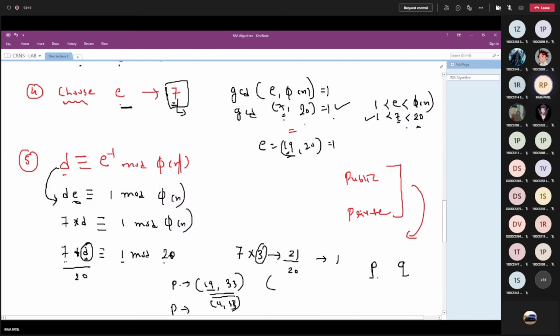But then again, see, we are working with very small numbers. This 11, 19, 17, we are working with very small numbers. So as I told you, once you choose large ones, your attempts are obviously going to increase. Ma'am, can you just give an example using large P and Q? Yes, you take any prime number.